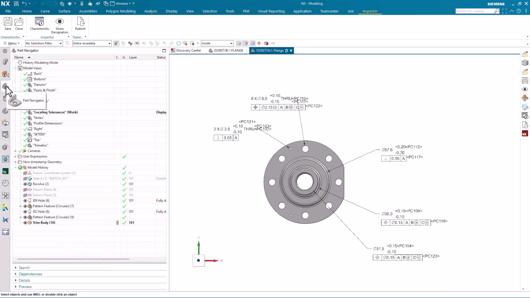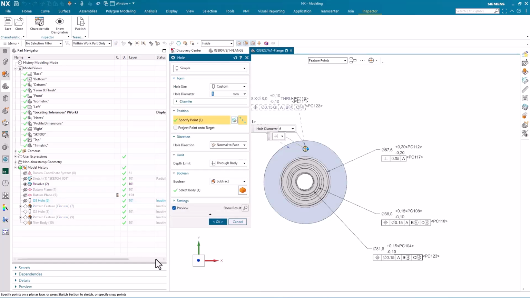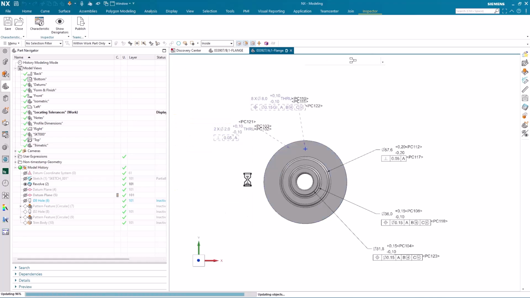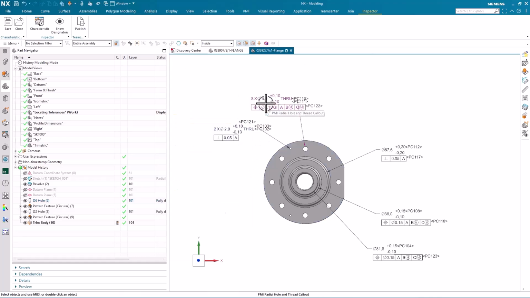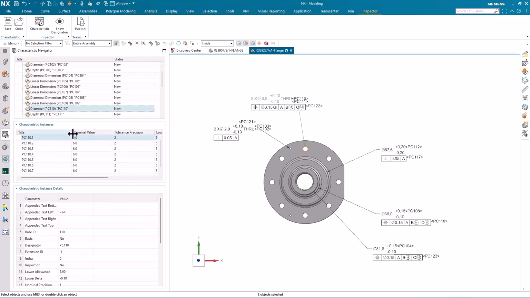Once we have everything characterized, the other thing you will notice is the characterization and the PMI all stay up to date based on model changes. In this example, I'm going to change the value of 8 to 6. You'll see now the PMI updates to 6, and if we go look at the characteristics for those 8 holes, you'll see all 8 of those holes now have a value of 6. But for this job, we need it to be 8, so I'm going to set that back to 8 and